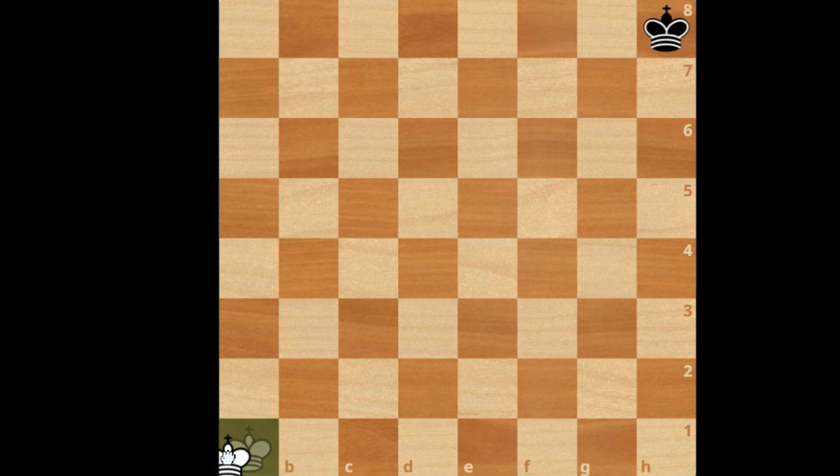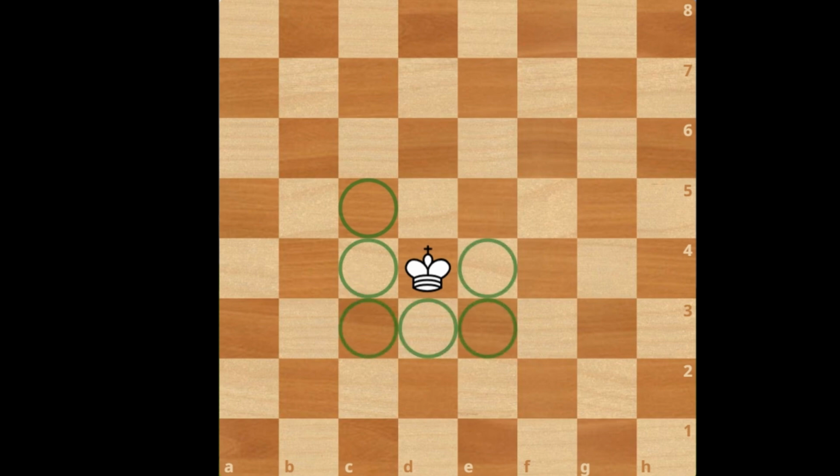Now, kings. Yes. The movement of kings is very weird. First, they cannot get captured. Second, their movement is like this. A small one square circle around them, like this. This one square circle is the movement of a king. It's a 3 by 3 square, but with a hollow square in the middle where the king already is.